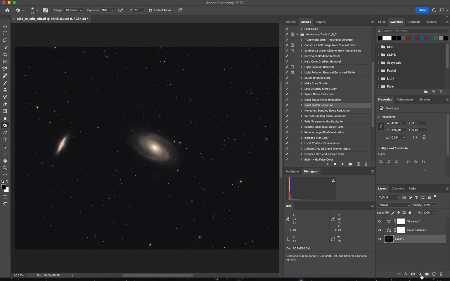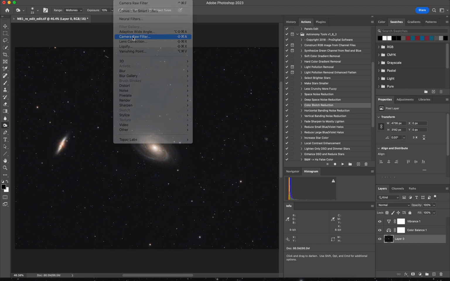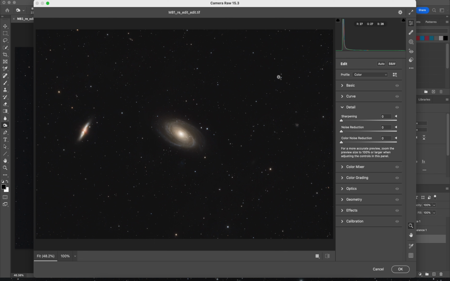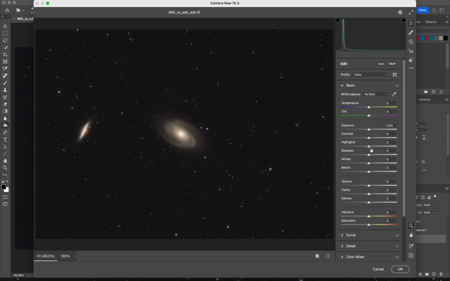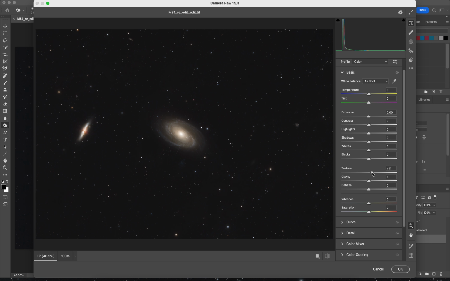The next thing I'm going to do is go to Filter and go to Camera Raw Filter. And again, this is going to bring the image up as it was. One of the things I like to do with that is add just a little bit of texture. Again, just like anything, if you do too much, you start to get halos and rings around your stars. Do too little, it blurs out your image. So I just add a little bit. Same thing with clarity, maybe just a smidge of clarity, a very, very tiny